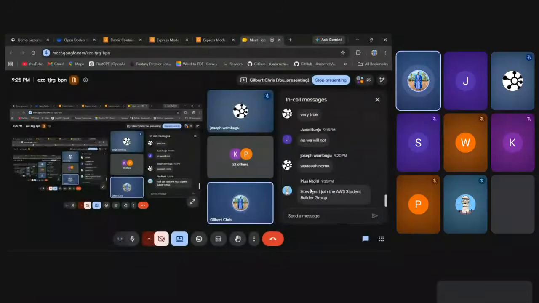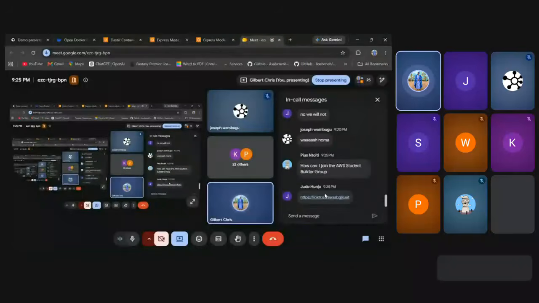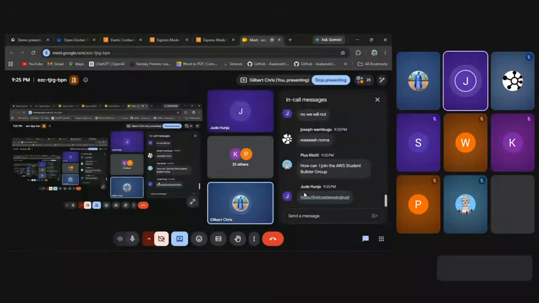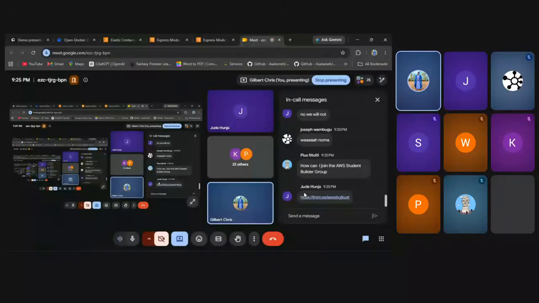How can I join? I think you, yeah. The join link is there. Yes. So Fuse, you can join the link, then you can join AWS. Is it AWS Student Builders JKUAT? Okay. Yeah.